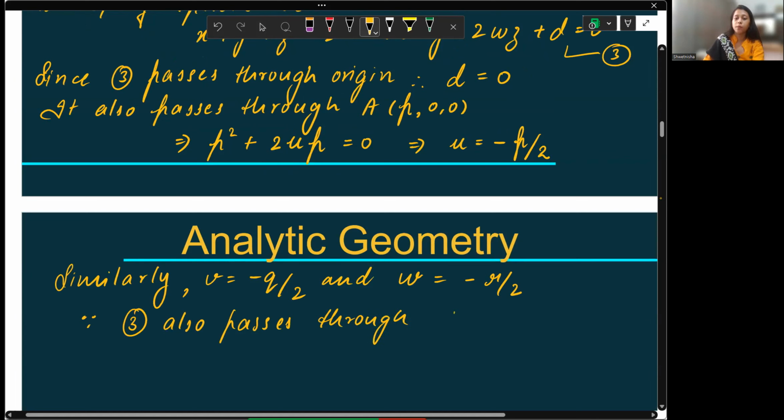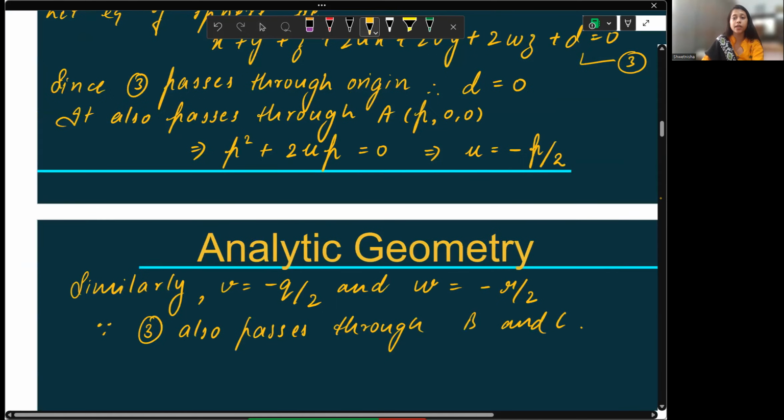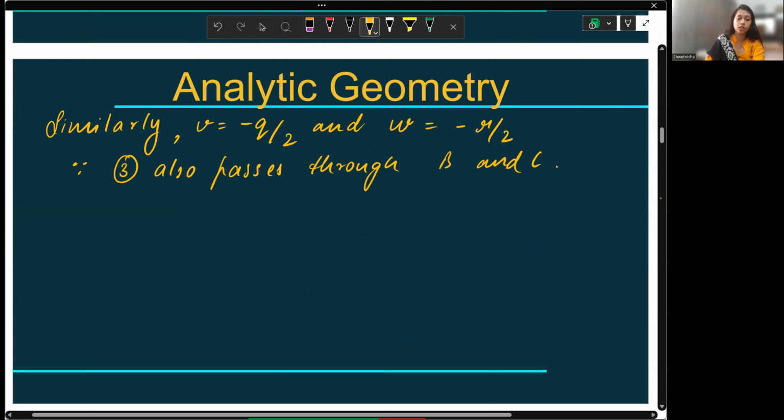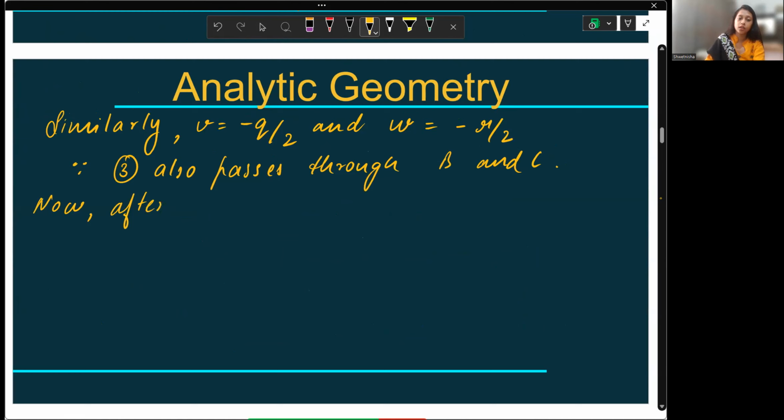Passes through B and C. So now you have values of all the constants. Substitute in equation 3. So after substituting all these values, equation 3 becomes,